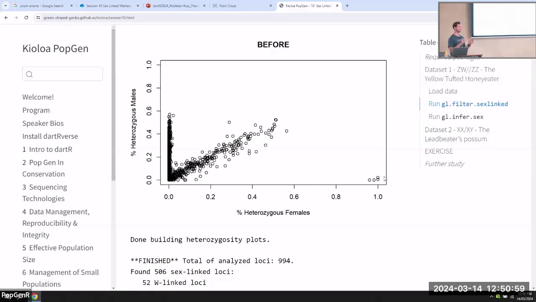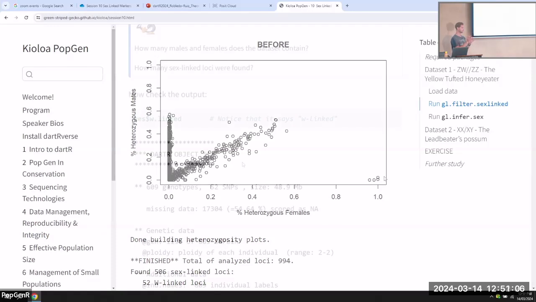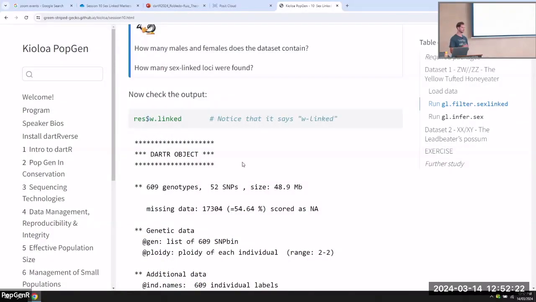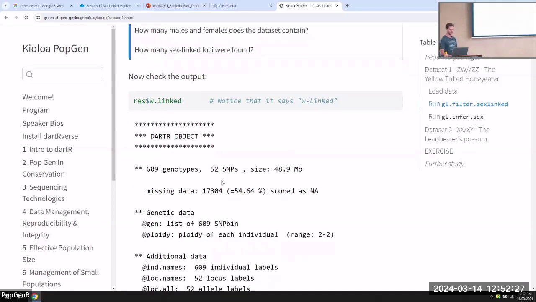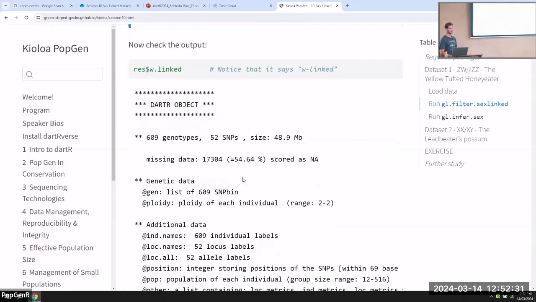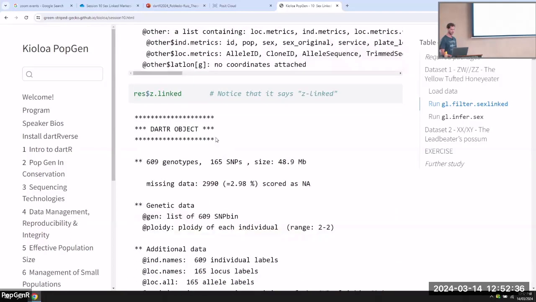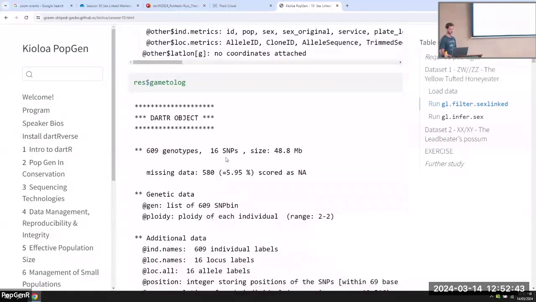When you have some overlapping sections between your Z and your W chromosome, it will output a data object for each of your markers. So here you see we had 52 SNPs which were W-linked. So you get a data object for your W-linked SNPs. We had 165 SNPs which were Z-linked. So nice object there, and 16 gametologs, so the ones that were fixed